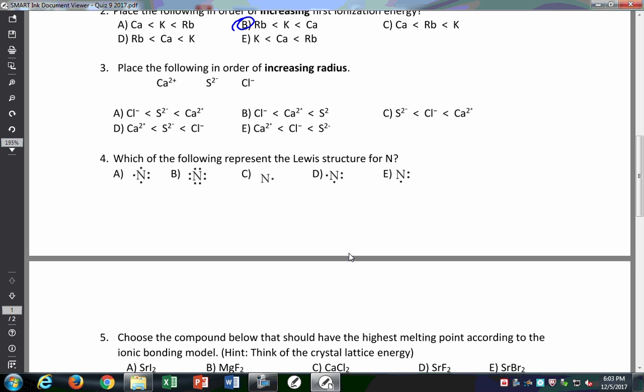So when we form a cation, our atoms get smaller. Because now we have more positive charge in the nucleus and fewer electrons shielding each other, so it pulls them closer. So cations get smaller compared to the neutral atom. What do anions do? Well, if we look at a nonmetal,